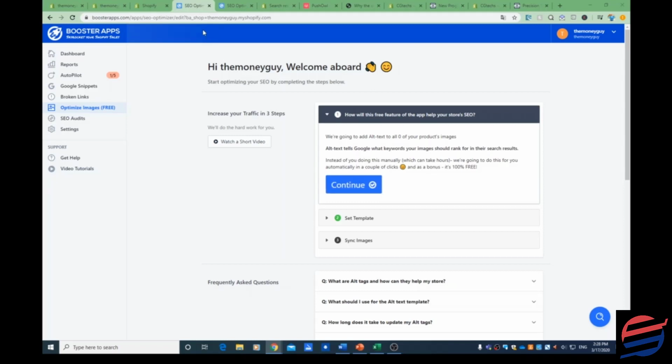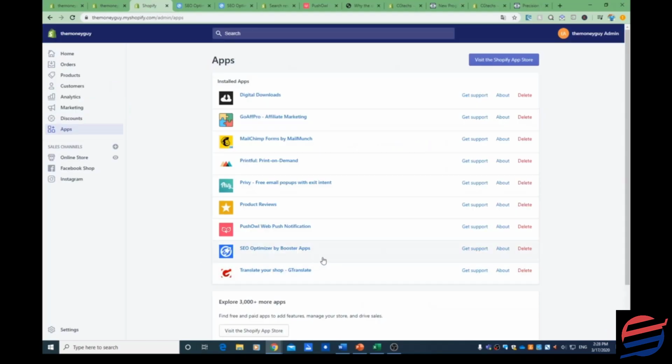So how do you find this app? Well, as I said, it's very simple. You just write this down on your Shopify app store: SEO Optimizer by Booster App. When it's done,